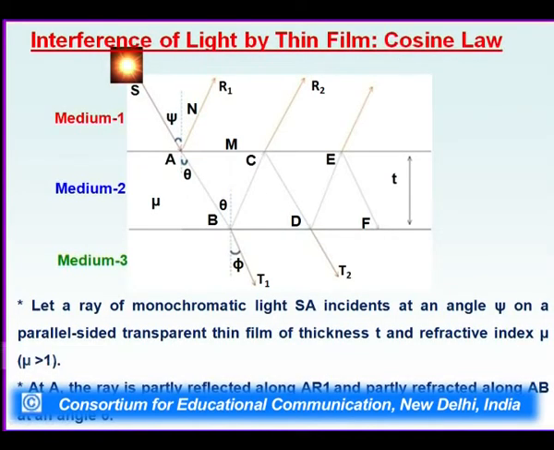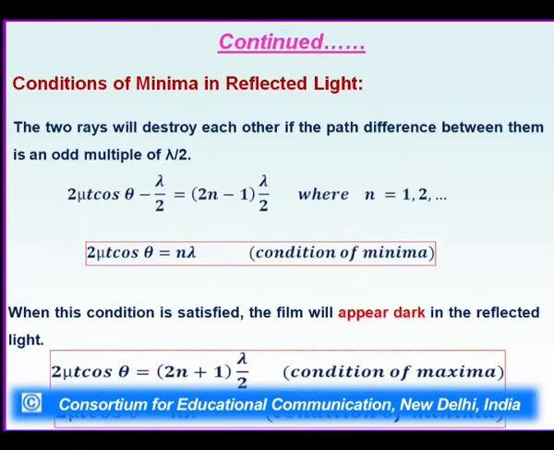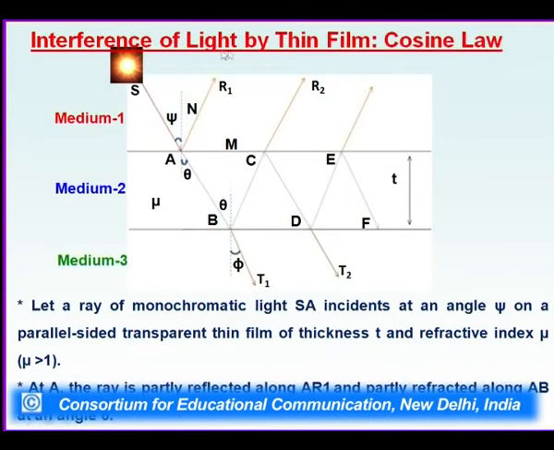Before starting Newton's experiment, we first discuss the interference of light by thin films, that is, the cosine law. Here we have a thin film of thickness t, in medium 1, medium 2 and medium 3. By using this we can calculate the path difference. The two rays will destroy each other if the path difference between them is an odd number multiple. Here we are calculating the condition for minima and the condition for maxima for interference of light by the